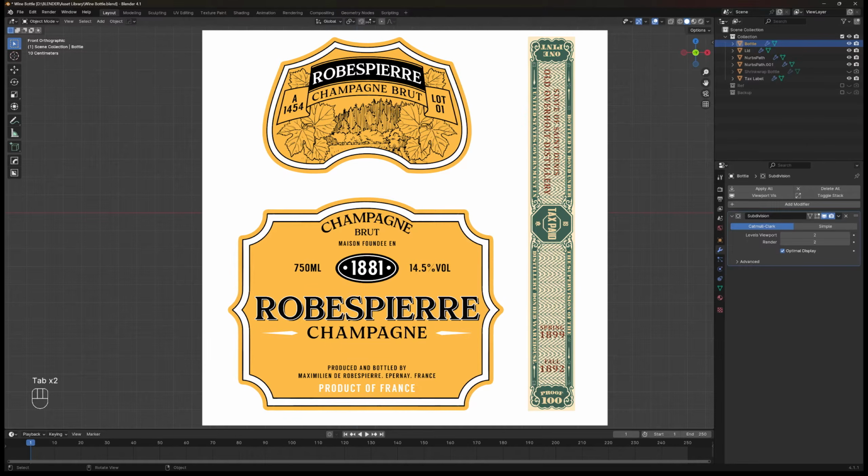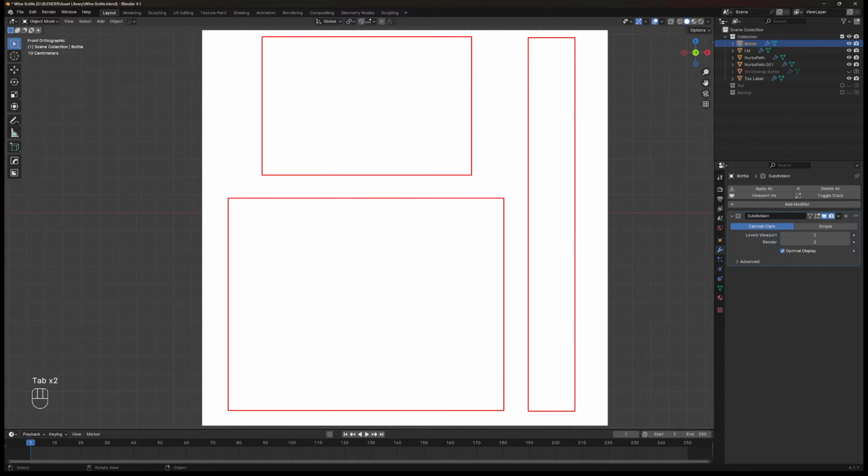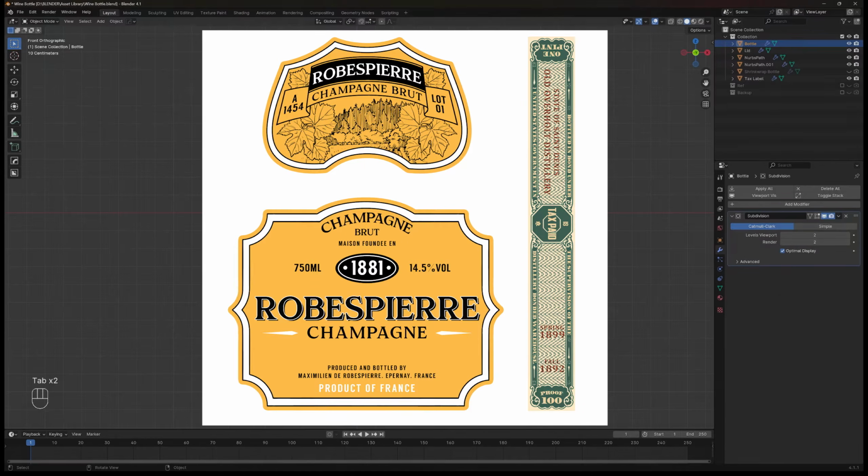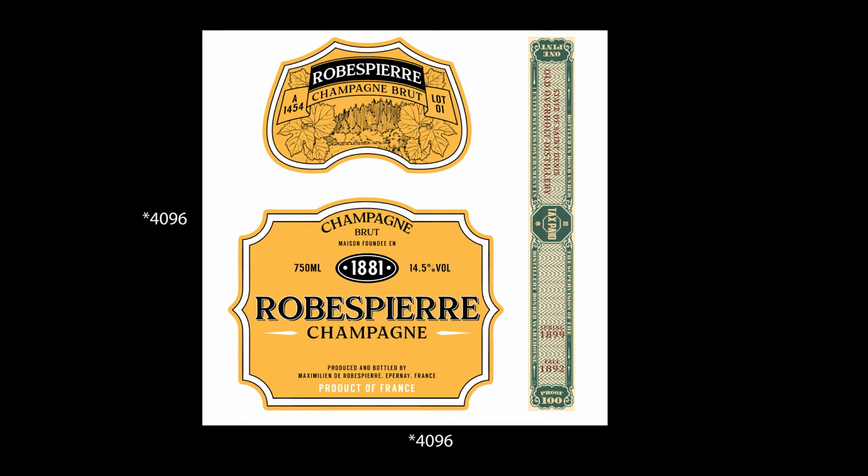So here, I've prepared some designs that I created before. You guys can download these designs too. It's free from me, link in the description. Or if you have your own design, no problemo. You can trace the design border here and replace it with your design. For the texture size, I use 4K. It means the resolution is 4096 pixels square.